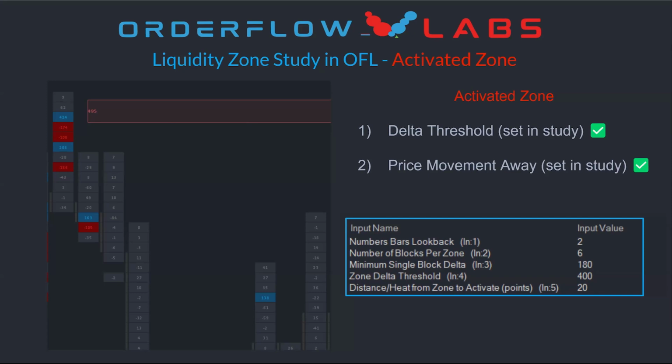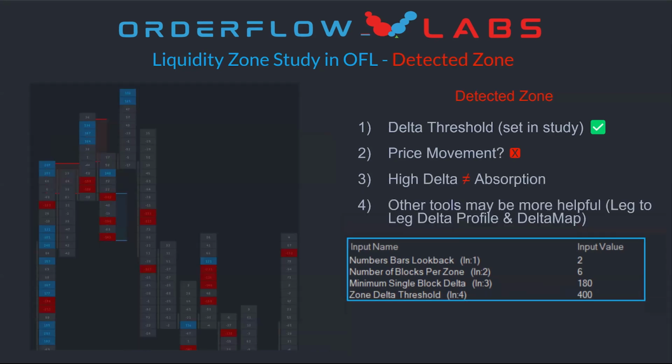And so that way you can make informed decisions about when we retest that or when we push away from it. Some people will take some of these trades as soon as we push away from it as more of a momentum type of move. And then others will use that retest. It just varies depending on how you use your settings.